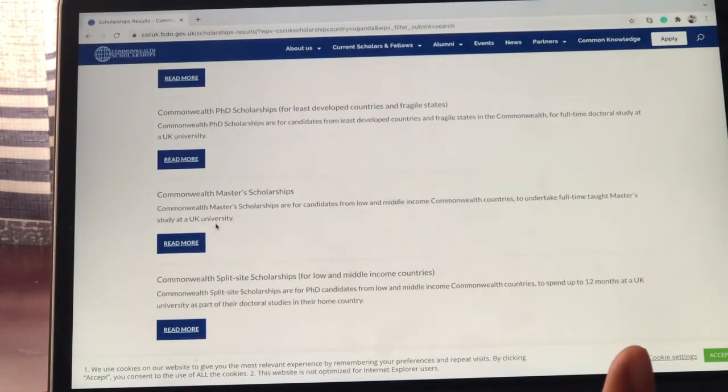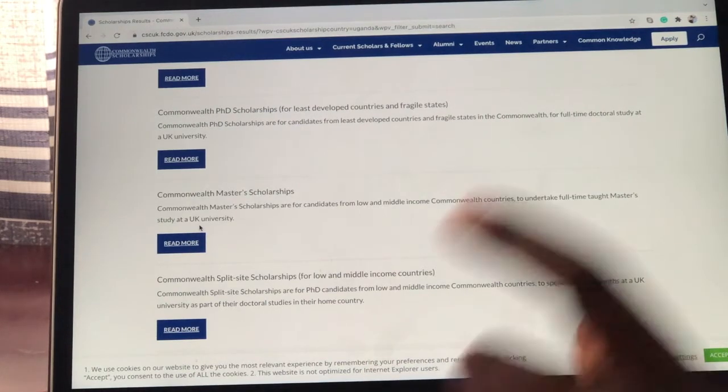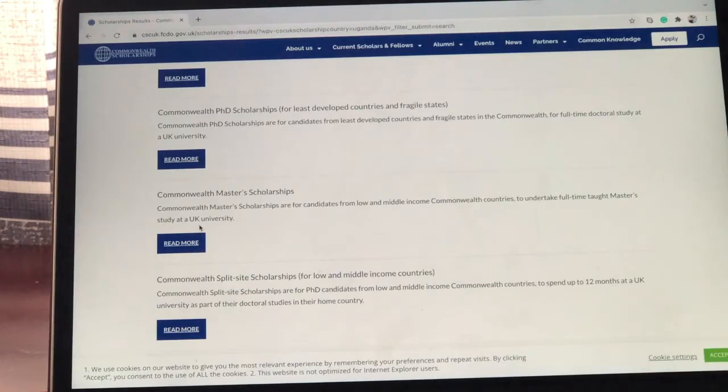Yes. Some students are applying for PhDs, but the essays are almost the same. There is only one part that slightly differs, but most of the essays are the same. So no worries about that. And when we reach that part, I will try to show you. I can make a separate video for the PhD because I've also applied for this. So let me just go with this one, Masters. You have to read more.